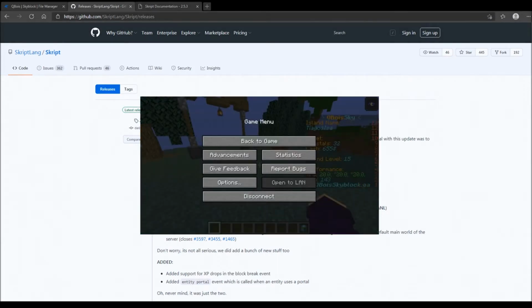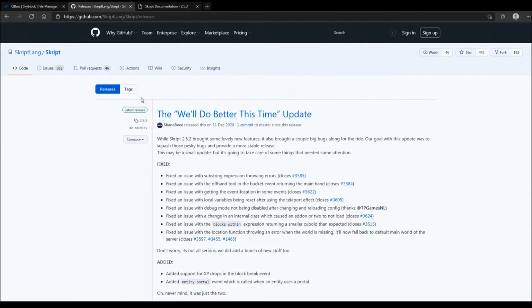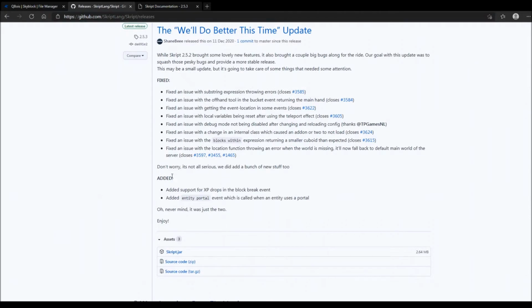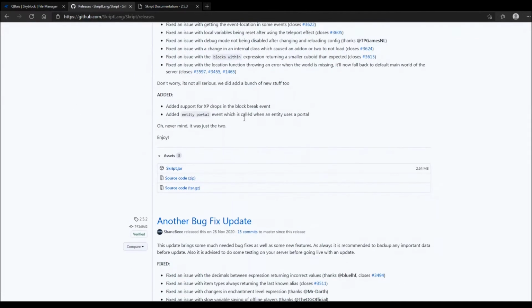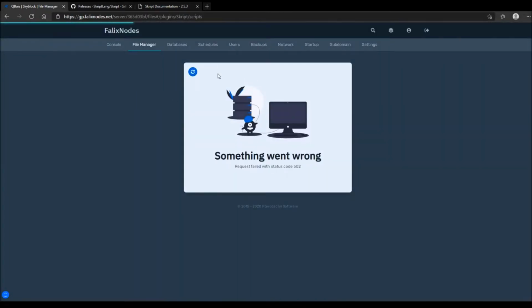So first we need to go on this page, github.com, Skript releases. This is their official page where they have all the newest releases, everything they fixed, every edition, and so on. So if you land on this page, GitHub, scroll down until you see assets. As soon as you find assets, you'll see Skript.jar. Download this file, move over to the plugins folder of your server,